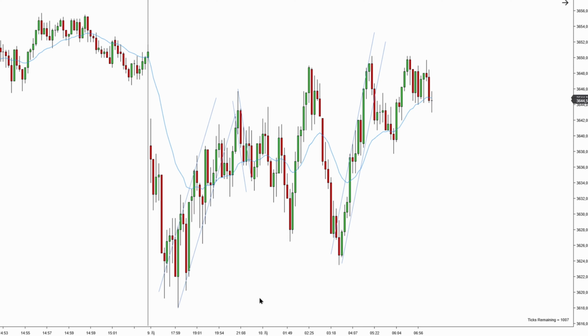Okay, traders, we're looking at S&P 500 E-mini futures. We're looking at a 2000 tick chart, and we're going to try to understand how price action moves, how price action works, just by reading the naked candlesticks as they are printing on a chart without using any indicators. The only indicator that we're using is the 21 bar exponential moving average, this blue line,